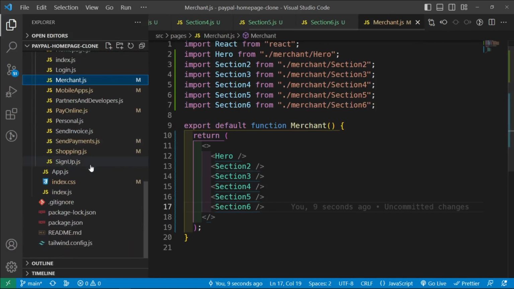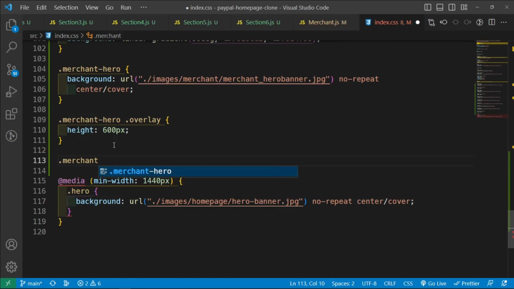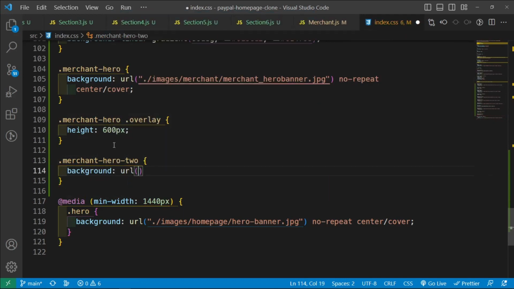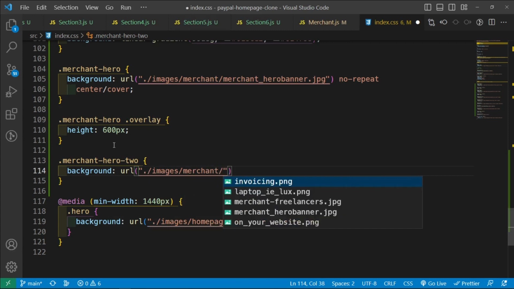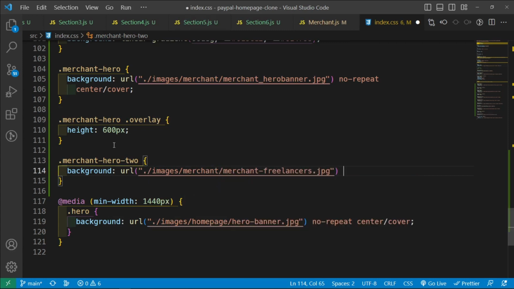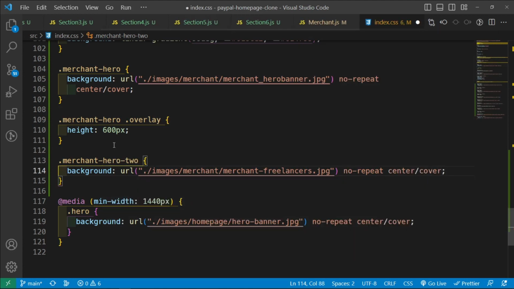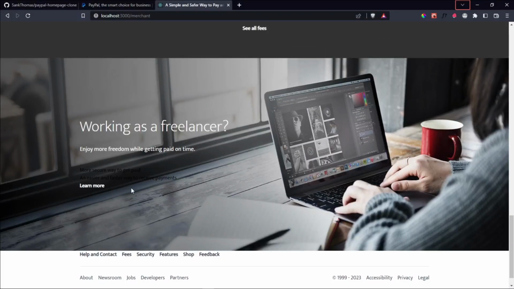So let's go inside our css file. Let's say that for dot merchant dash hero dash 2, then we want the background to be url, and it is coming from /images /merchant this one, and let's set the background repeat to no repeat, position to center, and then cover, background size. So save it, and we should be able to see the image. There we go. So working as a freelancer,